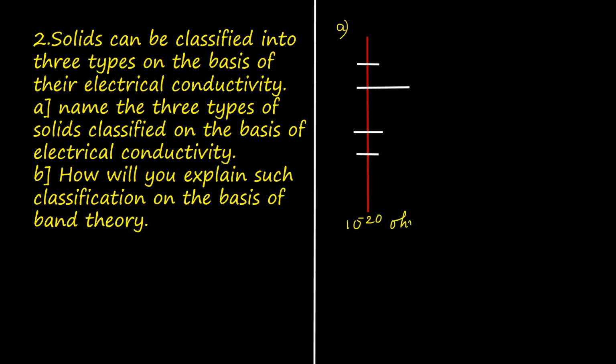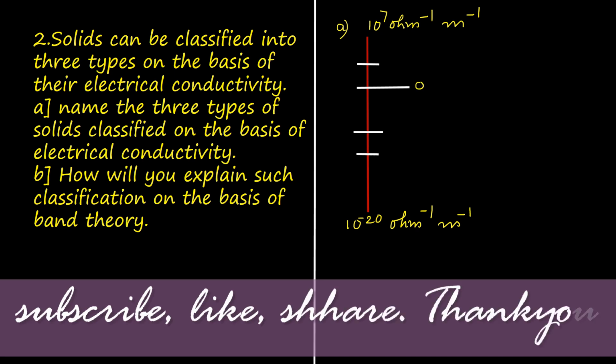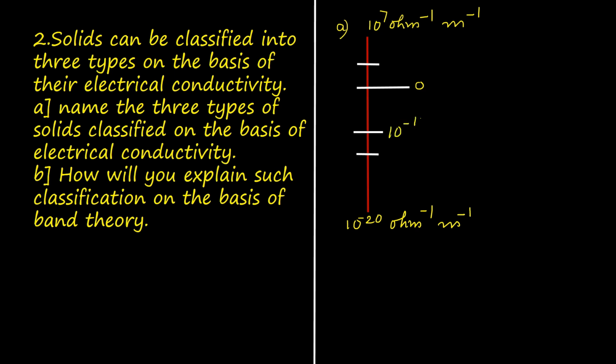Electrical conductivity of solids ranges between 10^-20 per ohm per meter and 10^7 per ohm per meter. Let it be represented as shown in the figure. So there are 27 orders of magnitude for conductivity. Let us suppose this is the 0 point. Solids having conductivity range between 10^-20 per ohm per meter and 10^-10